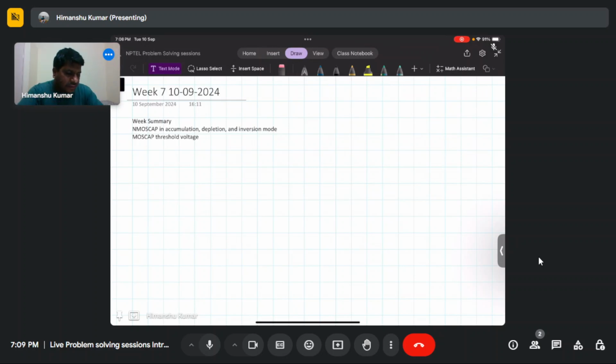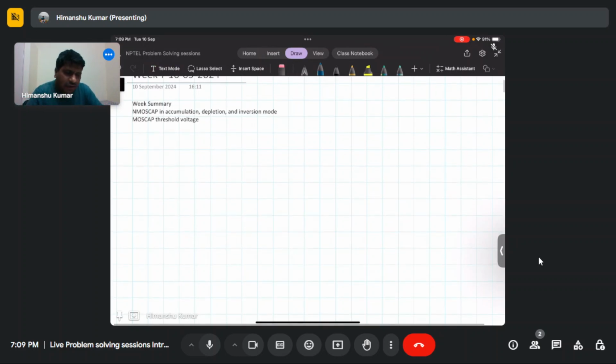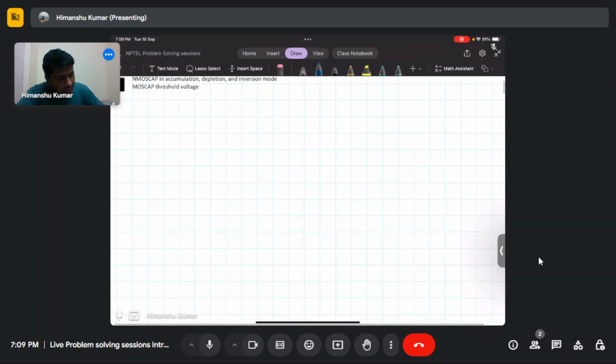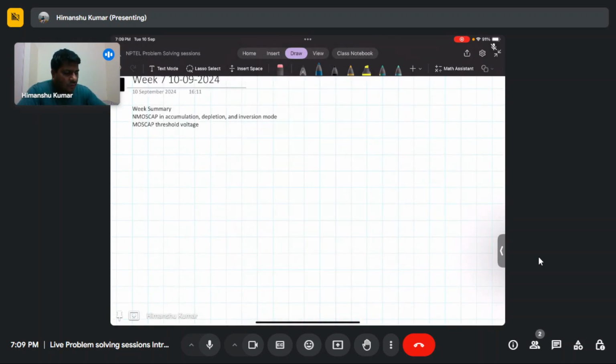Let me just get started. Basically, the MOSCAP in different regions of operation, and how we derive the threshold voltage. MOSCAP is the fundamental building block of all the CMOS, MOS, NMOS devices. The MOSCAP is fundamental to define the turn on and threshold characteristics. So basically, how to turn on the transistors, all that dynamics deals with